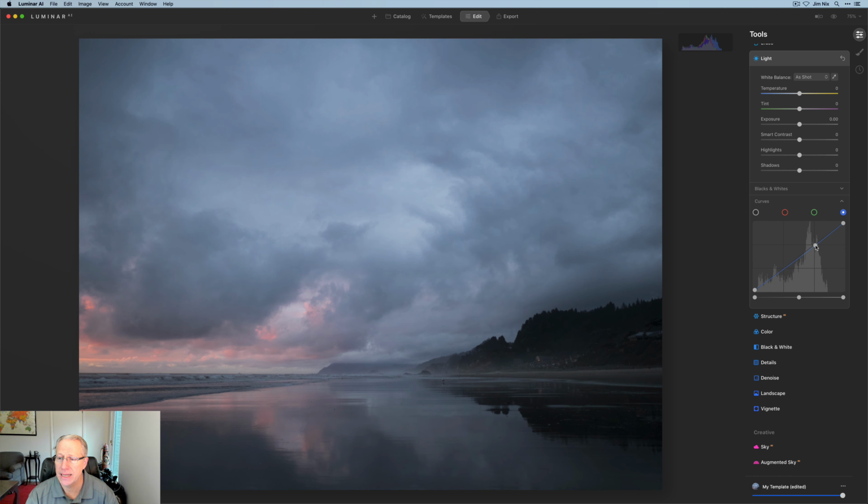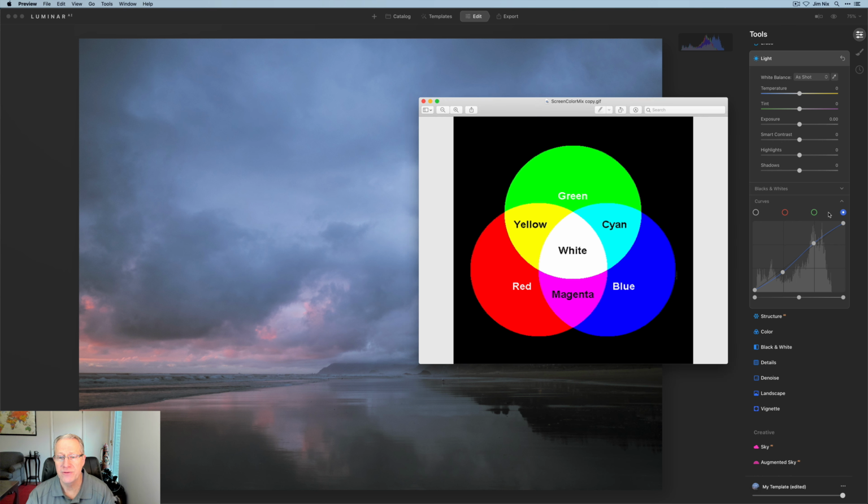And then of course you can do the same with blue, where you might come in and do a little bit of blue and maybe a little bit of yellow. And again, just creating custom looks to your color by adjusting these 3 different color sections in the curves tool gives you a lot of power and control. And if you don't have something like this, this was just something I found on the web a few years ago, and I refer to it in some videos, but it's a great way to recognize what the different colors are